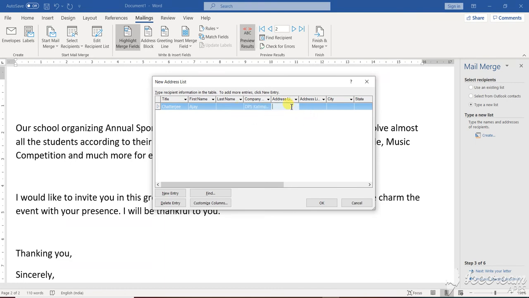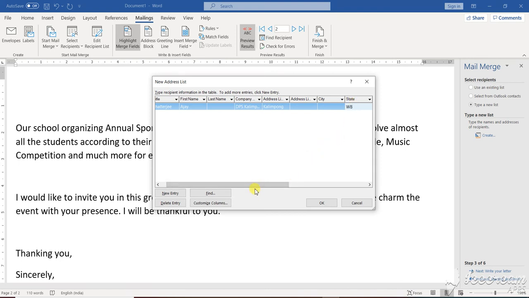Address line I am giving Kalimpong. City, you can give the city name or you can skip it. This particular city name I am skipping. And now I am writing the state, suppose WB, West Bengal.